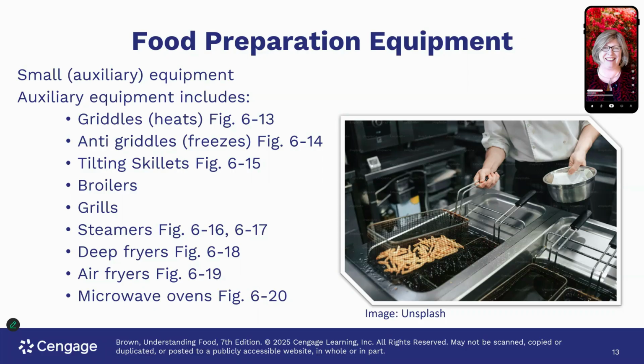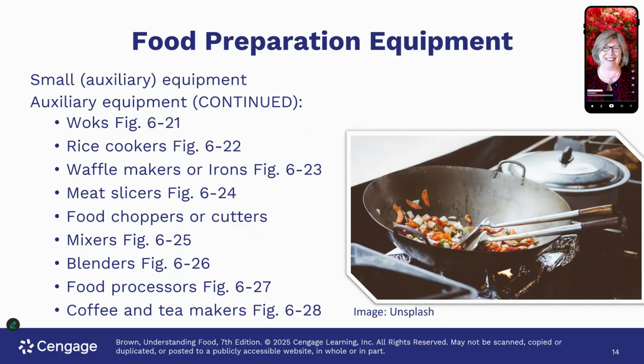A tilting skillet, you'll learn more about that in the food service management class. You have broilers and grills, steamers. Again, that's in your textbook. Deep fryers, you see a picture here of a French fry batch that's in a deep fat fryer. You can see them for home use in smaller sizes that can go on the counter. An air fryer is very popular these days, and microwave ovens. Woks, you see pictured here, and you can have an electric wok or a metal wok that you use on the stove. A rice cooker,